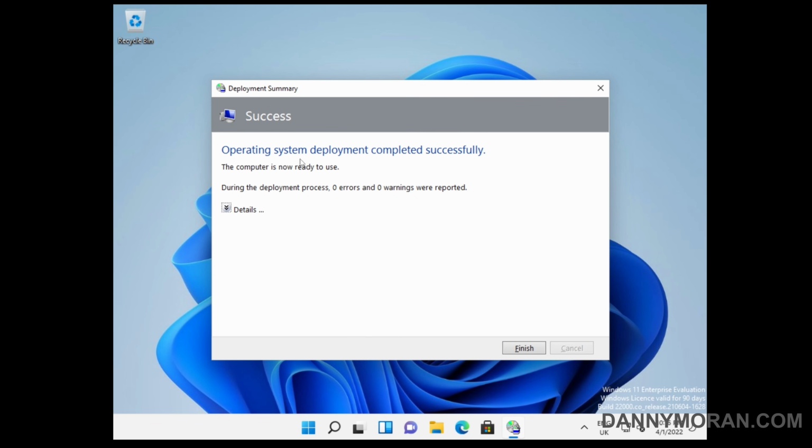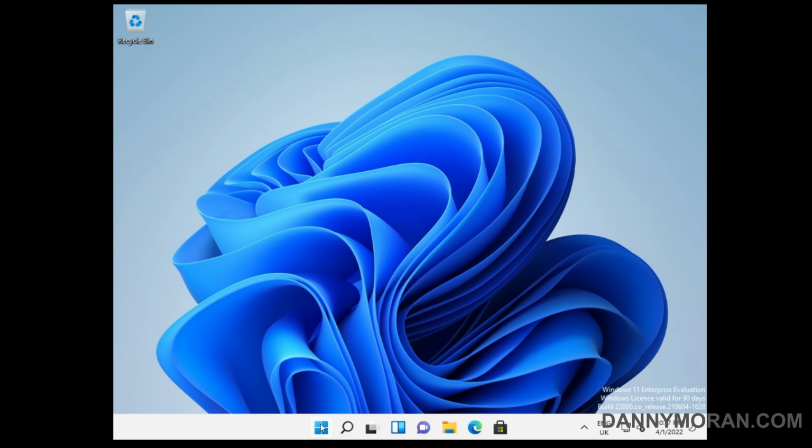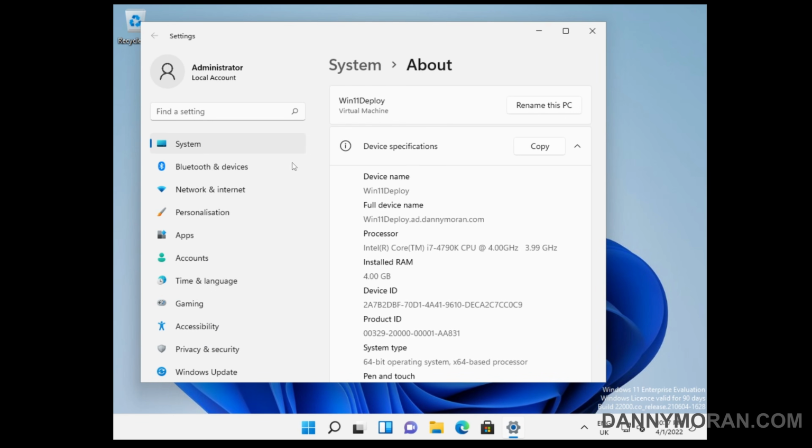And success. The operating system deployment completed successfully. If there are any errors, this shows 0 errors and 0 warnings. There'll either be like an orange or a yellow and a red bar, and it'll tell you where it failed and anything like that. Now we can just finish that, and we should be able to see that it's given